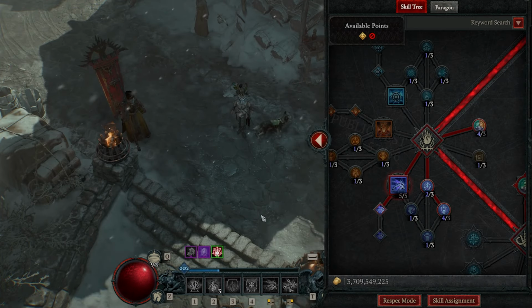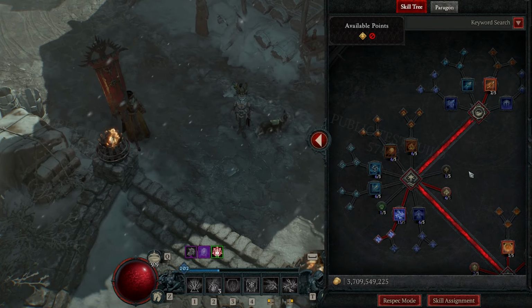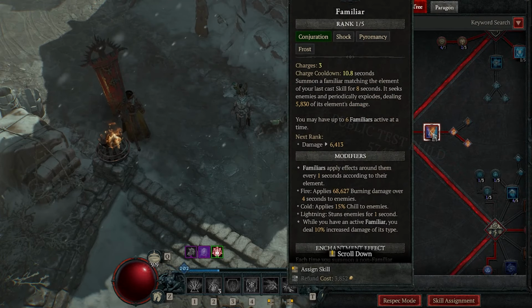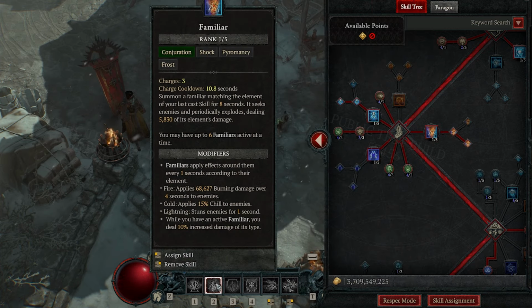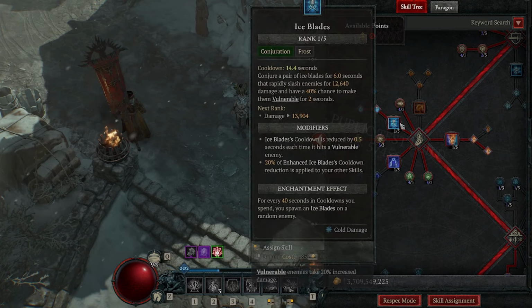A lot of it is highly similar to Season 5, but in Season 6 and in Vessel of Hatred, you're obviously getting some additional skill points as you can level up to level 60, and with those, here I actually have Ice Blades, but I could probably spec out of that because I'm no longer using Ice Blades, nor am I using Lightning Spear. That was because I was testing some stuff out,